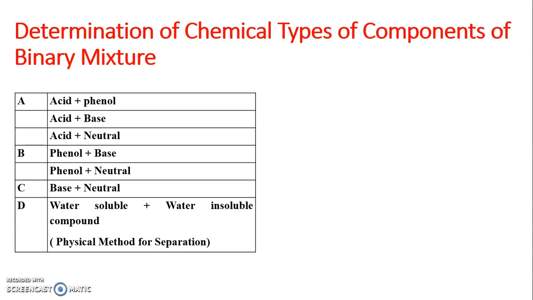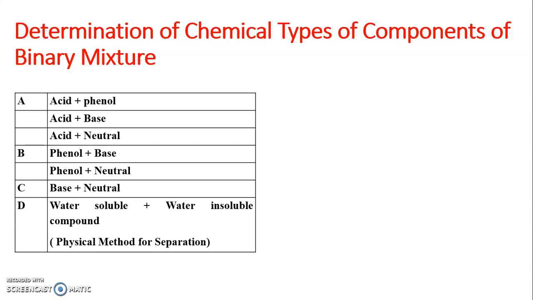For separation, the overall steps involved in your practicals are determination of chemical types, separation of the mixture, drying, weighing of the two components, to report yield after separation, then qualitative analysis, that means organic spotting of one component, and physical constant determination of both the components. So we will start with the first point, that is chemical type determination, as on the basis of it we are going to separate the two components of the mixture.